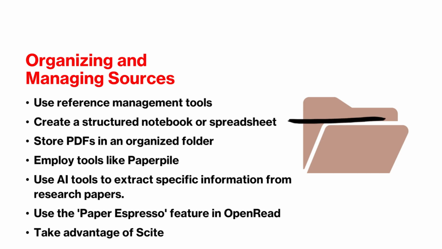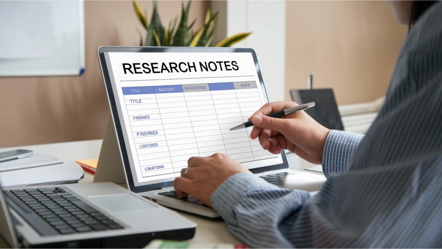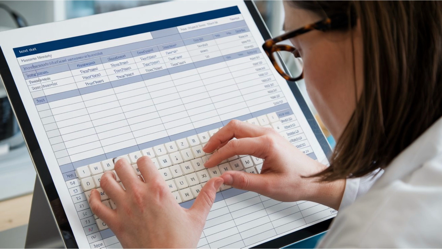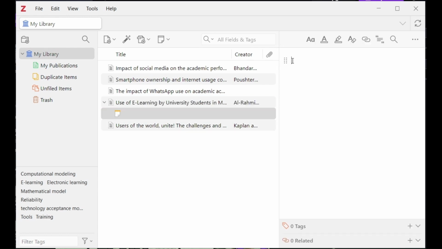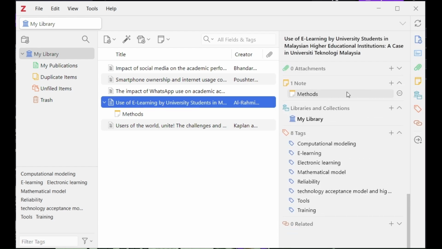Keep your notes systematic by using a digital notebook or spreadsheet. Record key details about each article, including findings, methodologies, and limitations. Use labels to organize your notes by themes or categories. Reference management tools like Zotero have facility to add multiple notes and attachments which can also be used for this